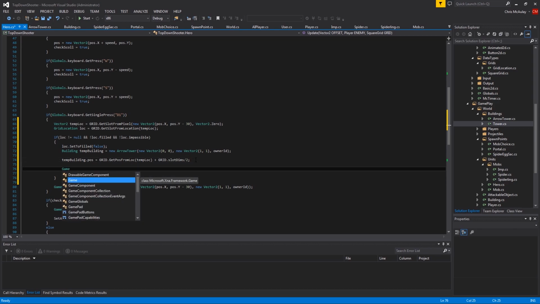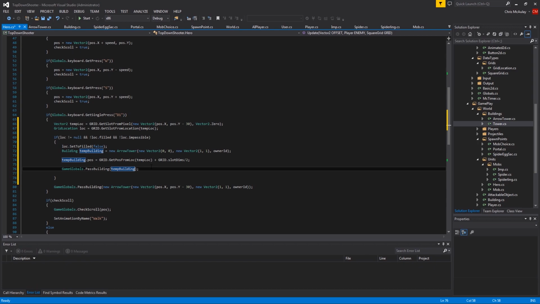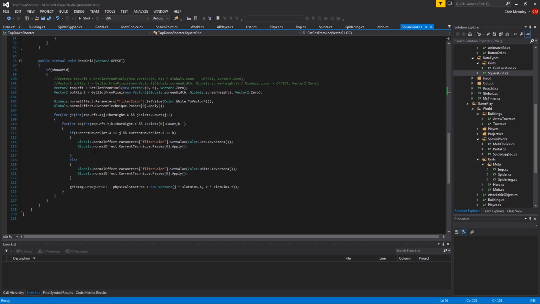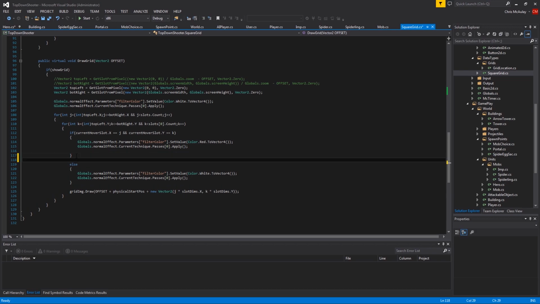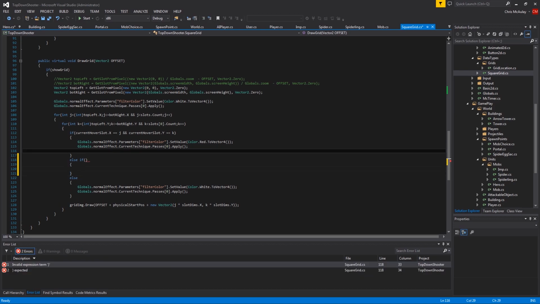So game globals dot pass building temp building. Okay, so that's all in. And then we needed to do one other thing in our square grid, and that's to come down here. And this is our different colors, right? So our else if, we're going to say